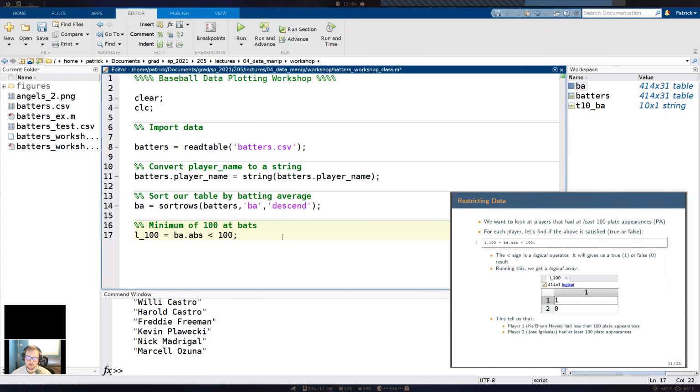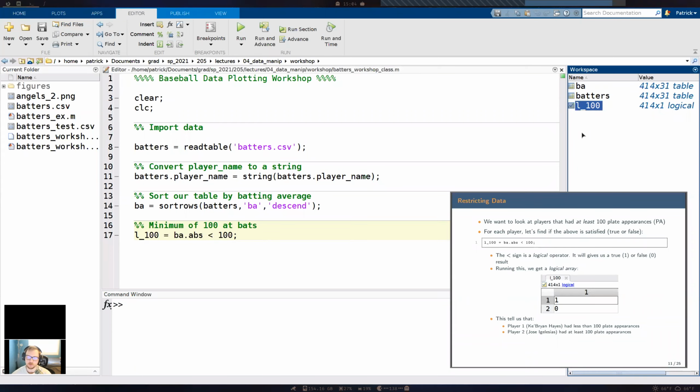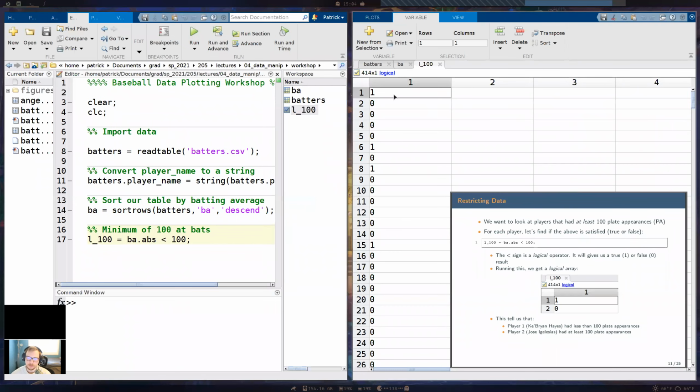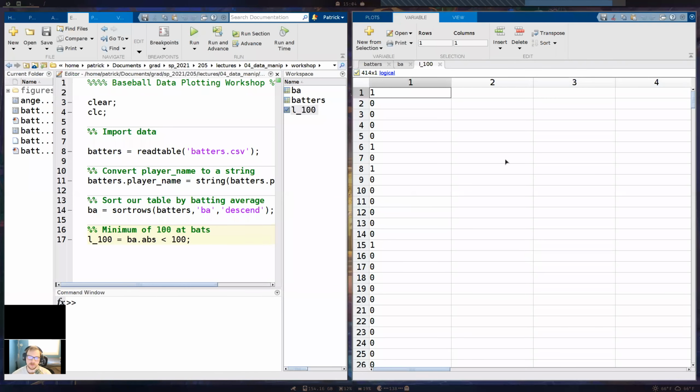And if it's less than 100, it's going to give me a 1, which means true. And if it's false, it's going to give us an answer of 0. So if I run this and I look at this in our workspace, you see the first value that we have is a 1, so that means true. The second value is a 0, and so on.